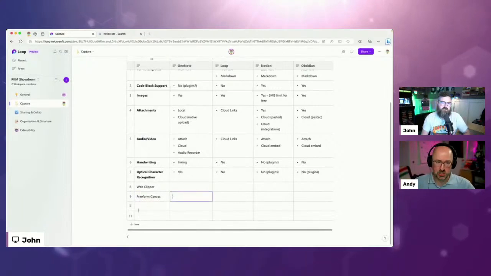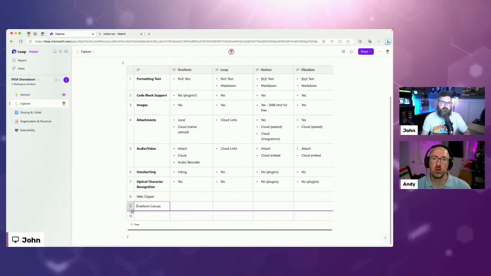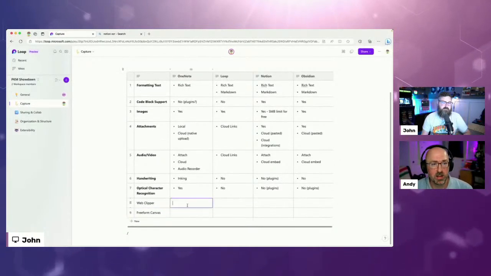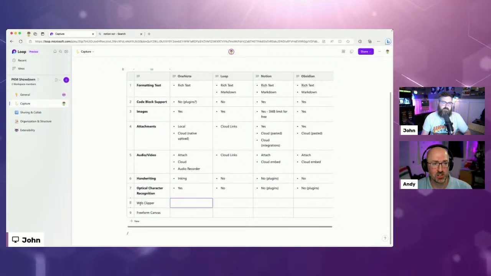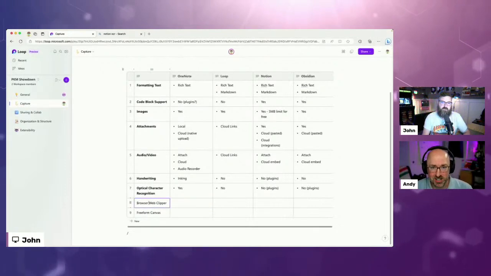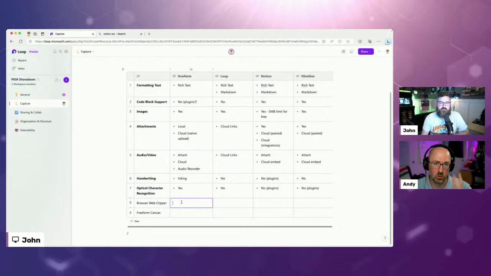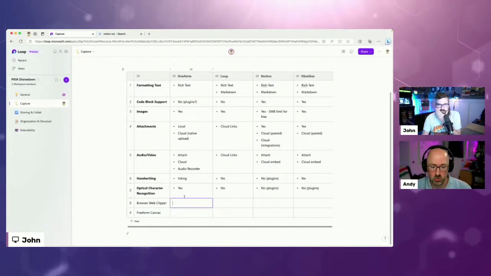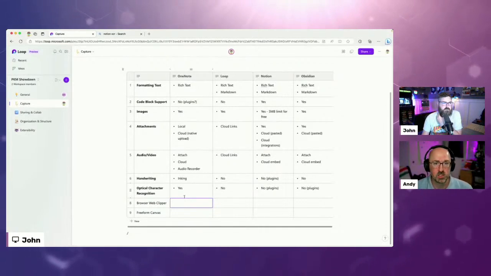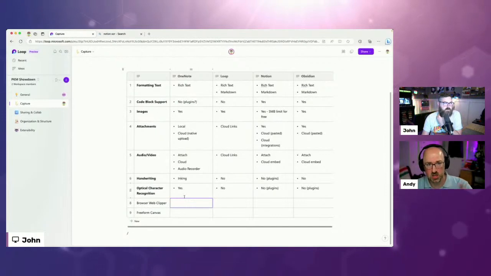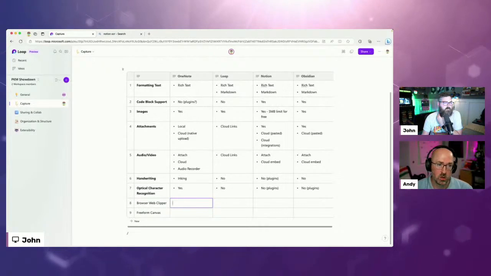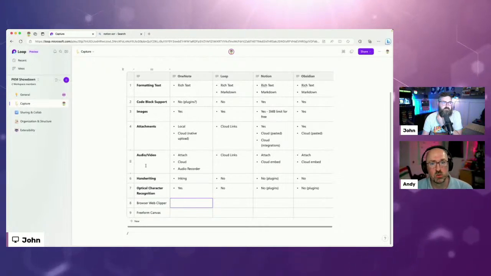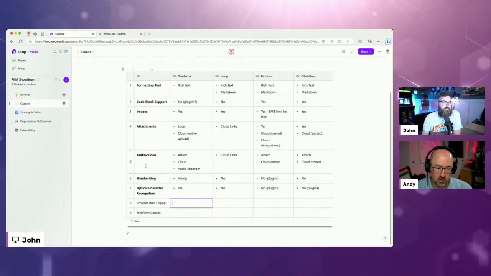Let's pause for just a second before we continue down this feature list. We've been painting a pretty picture and describing it, but we haven't actually been showing it to our audience. Or we've been showing Loop this entire time, and as you've been building some of this out, I think let's take a minute or two and let's actually show the apps that we're talking about here. Just summarize a little bit of this, and then we'll continue down the list. But I want to put some images to the context of the conversation that we're actually having right now.